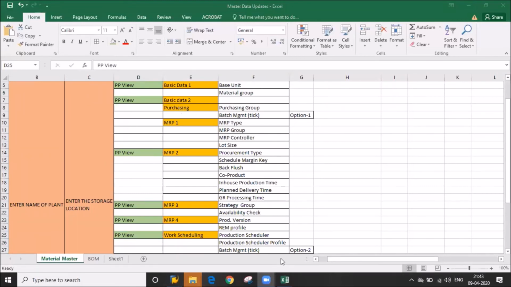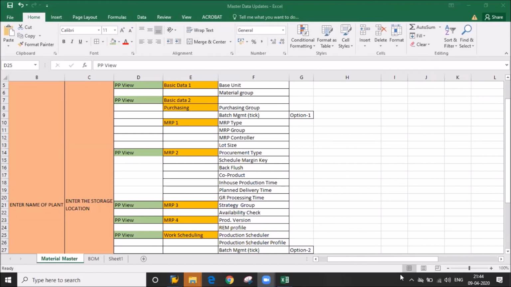Tomorrow we will see. How many materials should we create by tomorrow for homework? For your practice, create 10 or 12 materials, 10 items for raw material, so that you will be more confident about it. Create 10 items and also create BOMs. Okay, 10 items and 10 BOMs. Sir, can we do 10 line items in one BOM? Yes, that would probably be better.